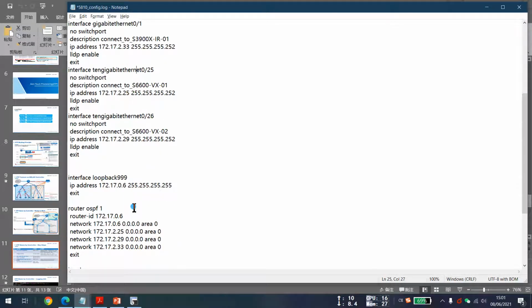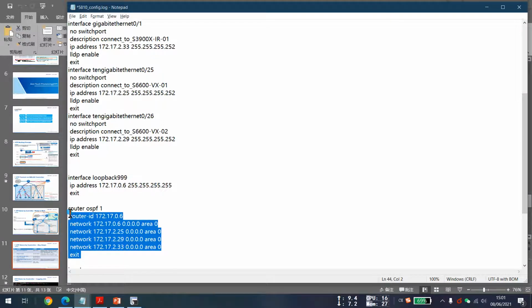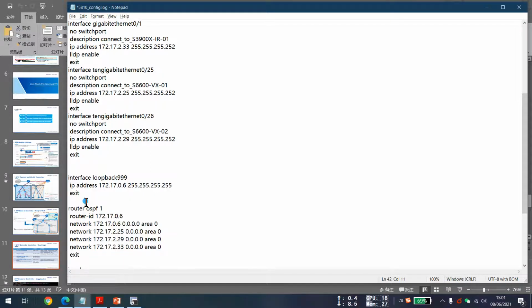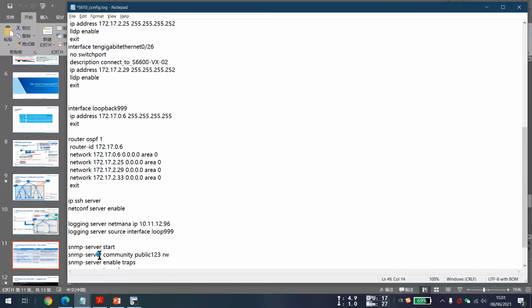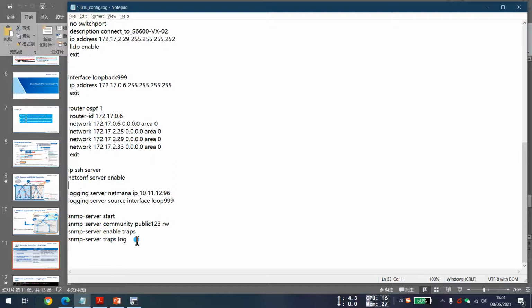And here the underlay is router OSPF, and enable the IP SSH server, and enable the netconf server, and configure the SNMP corresponding parameters. Okay,